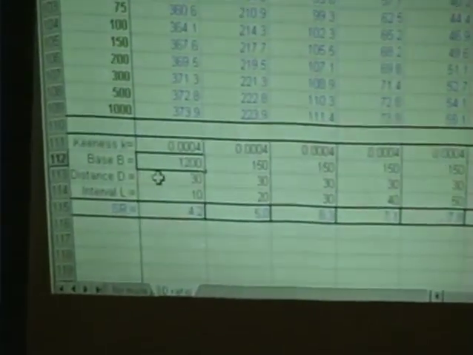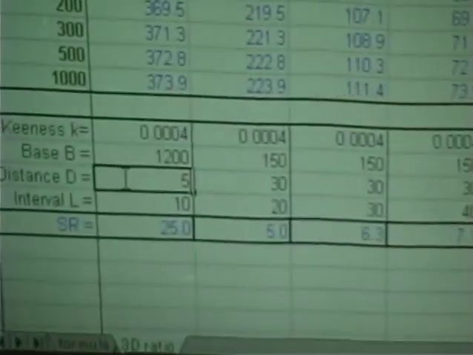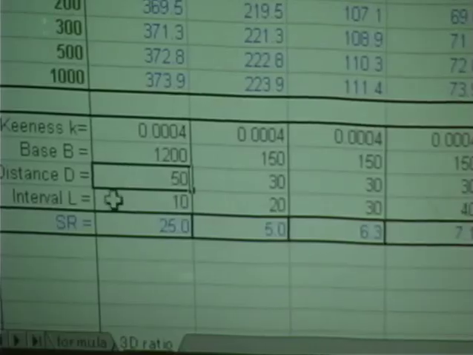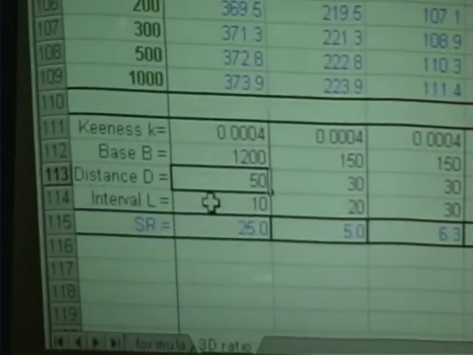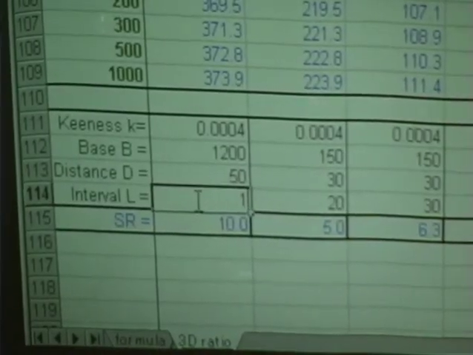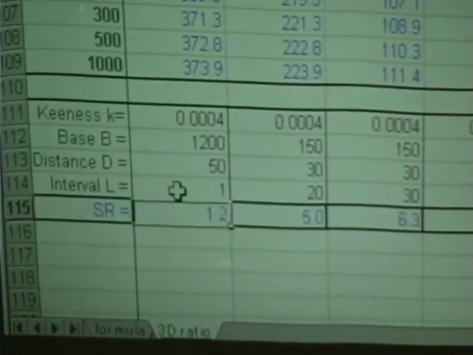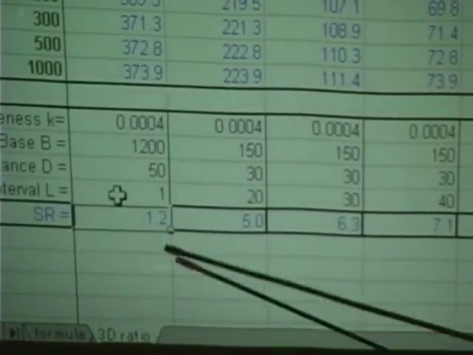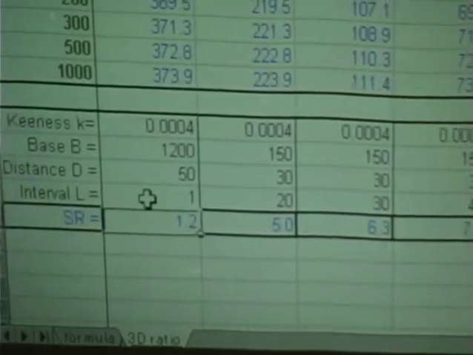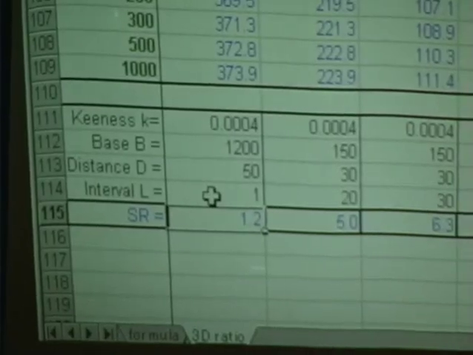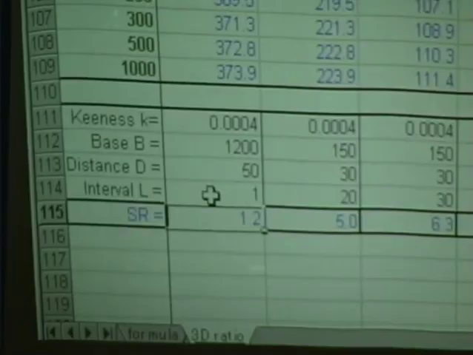Then distance here, we put 50 meter. And the interval, which is the distance between the subject, top of the tree, and the ground, 1 meter. Okay, so I just got 1.2. So what if I put the base was, I will say the minimum, and you said you have a little stereoscopic effect, but not too much. Not too much. Exactly what we found here.